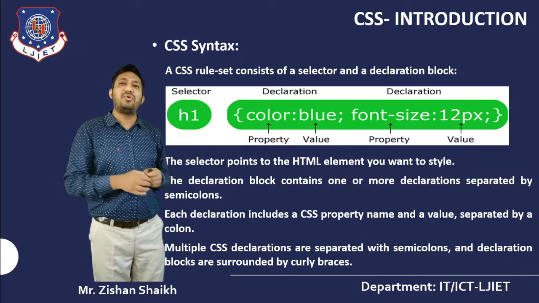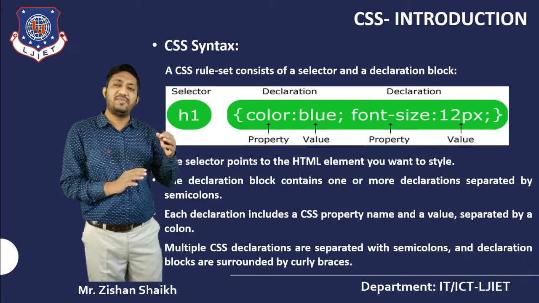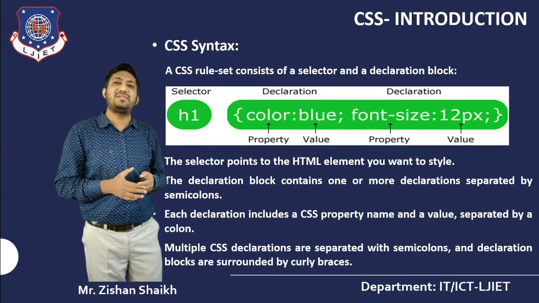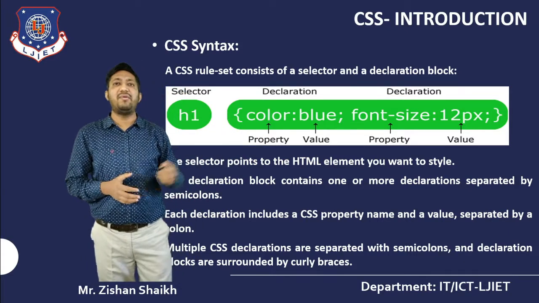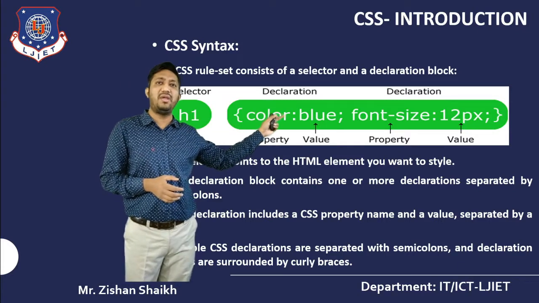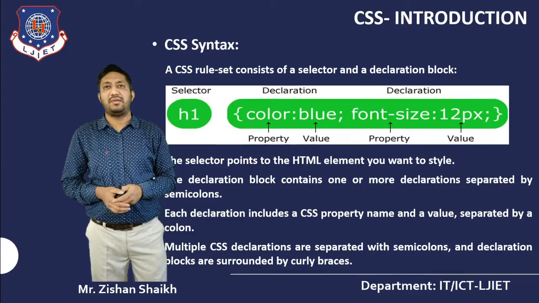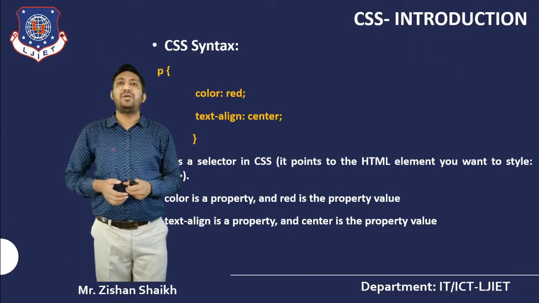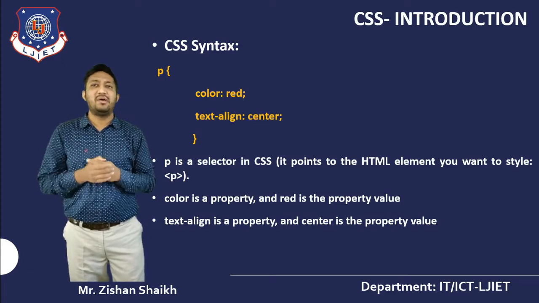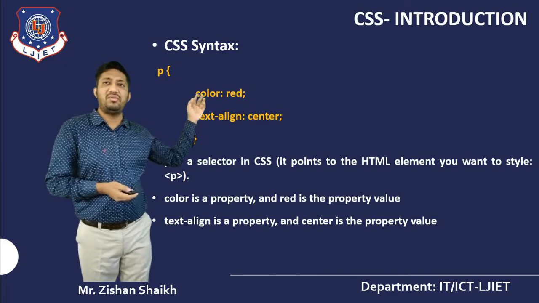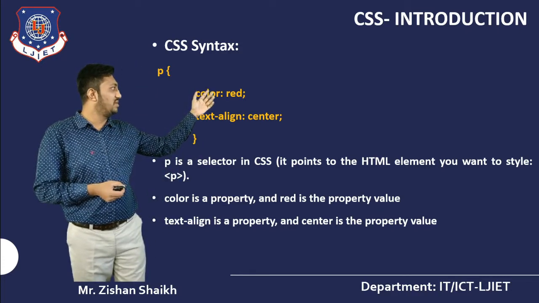So this h1 code will be affected however many times I am writing the h1 in a specific region; in all those places this property and value will be applied. Whenever this particular selector matches, the property will be applied automatically. Now we are moving to the specific region where this particular type is written. The previous one is already the syntax, but in this type you can easily move.